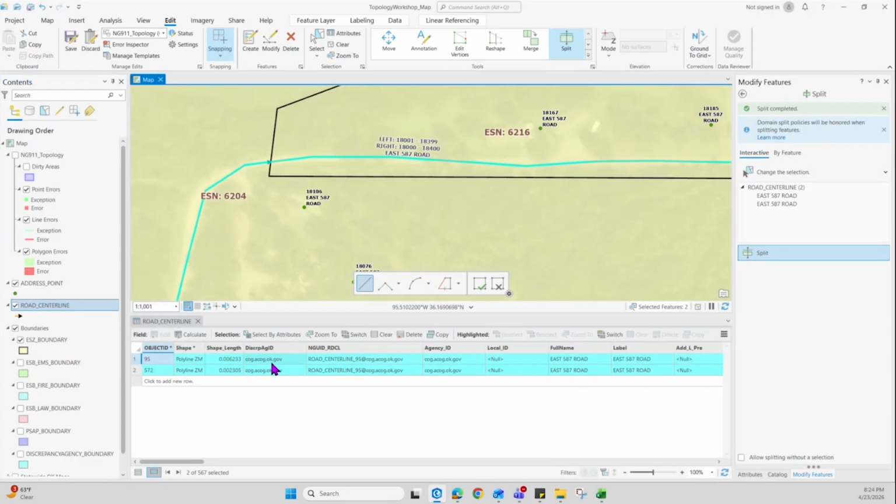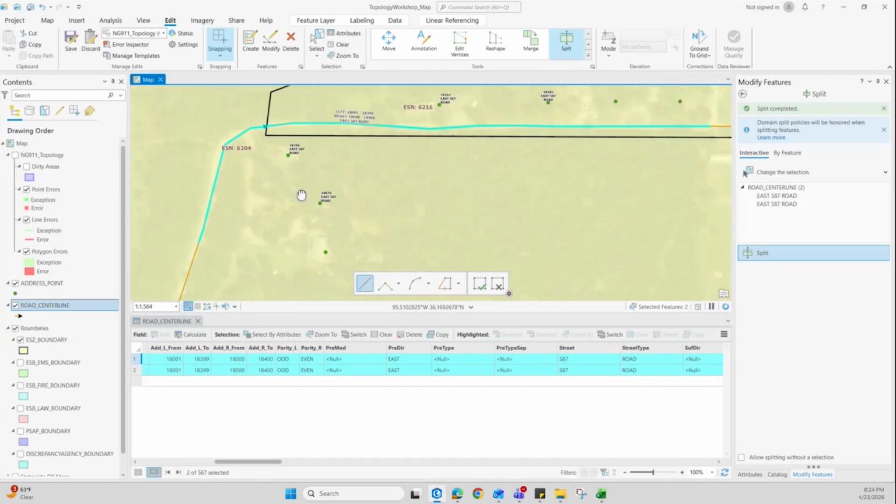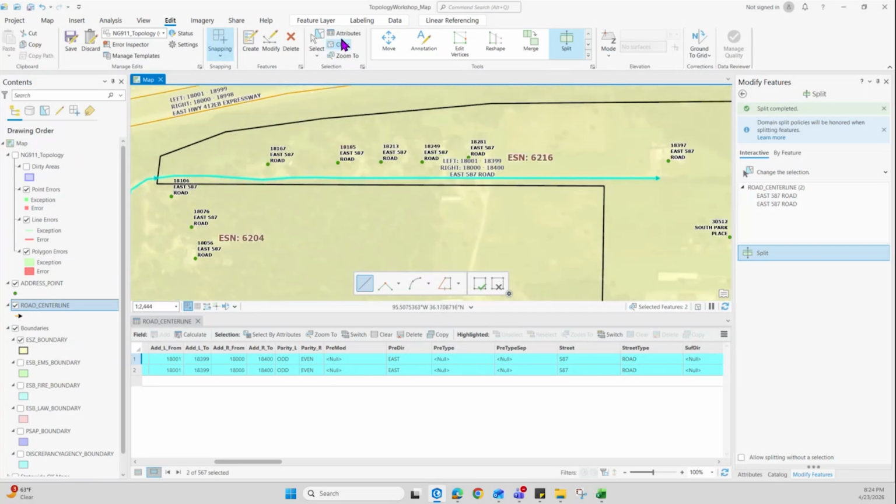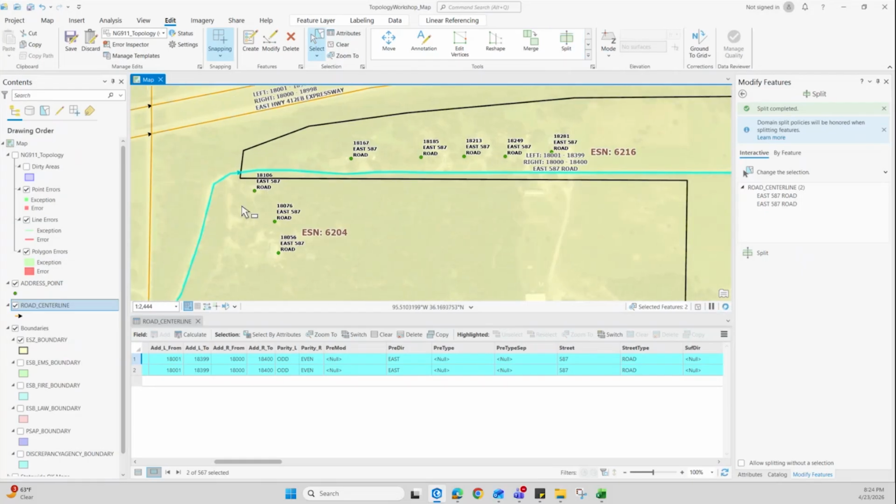Again, it's going to create another feature and it's going to duplicate those attributes. So of course you'd want to adjust the ranging to reflect the address points for this segment, and update the ranging over here. But the scenario I want to talk about here is that now I have two pieces of road segment